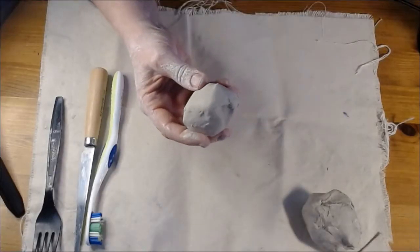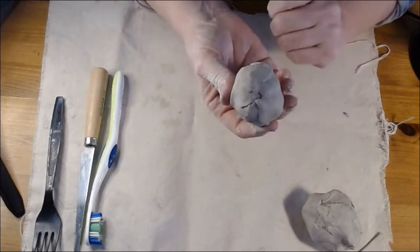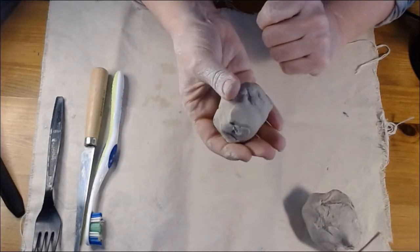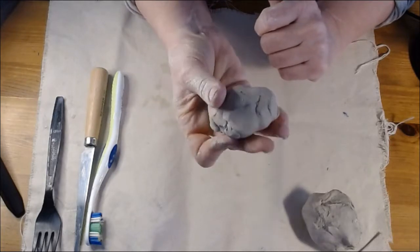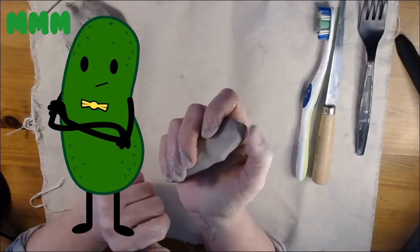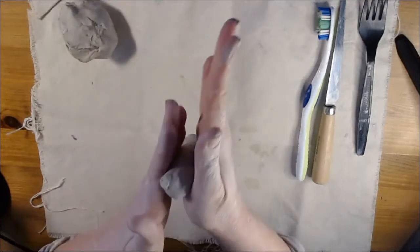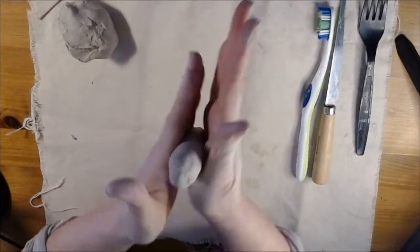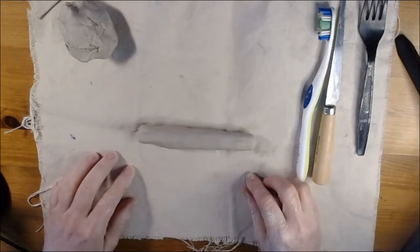The first thing that we're going to do is take a pretty big chunk of clay that you can fit into your hand, and we are going to make our coils. We're going to begin by just making kind of a pickle shape. You can roll it a little bit with your hands. This smooths out your finger marks, your finger imprints,